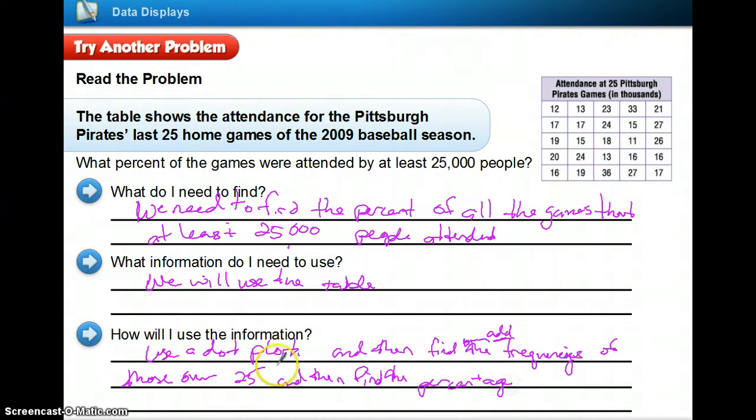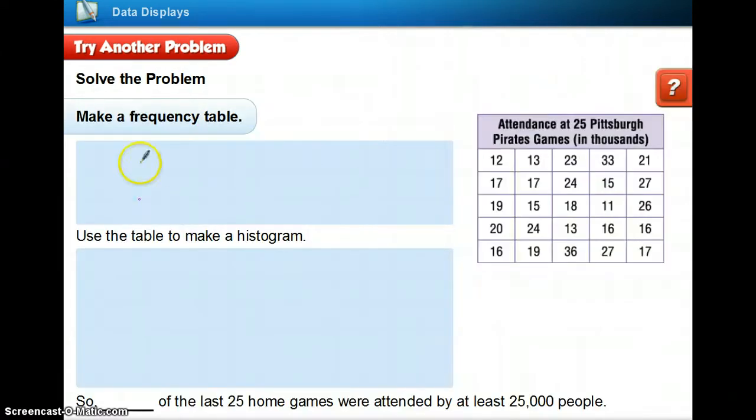And I apologize for the writing, but I'm kind of in a hurry. So when we do that, we're not going to make a frequency table. I'm just going to make a dot plot. So here's this. I have 10, 15, 20, 25, 30, 35, 40, and I have